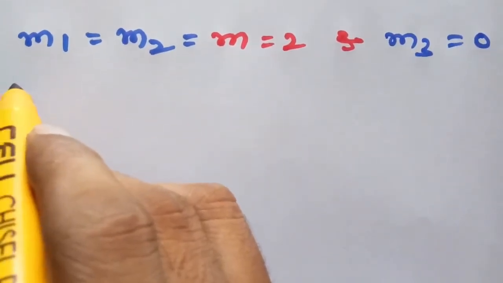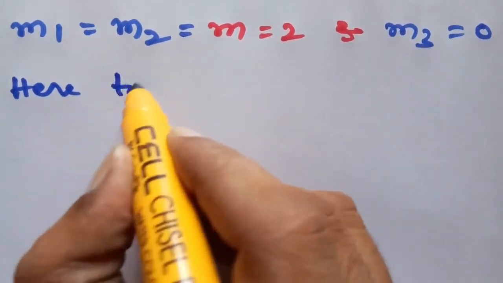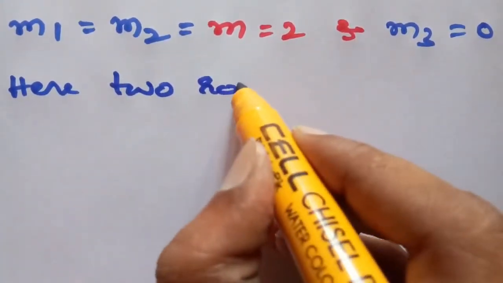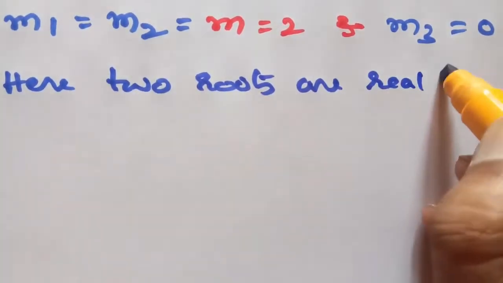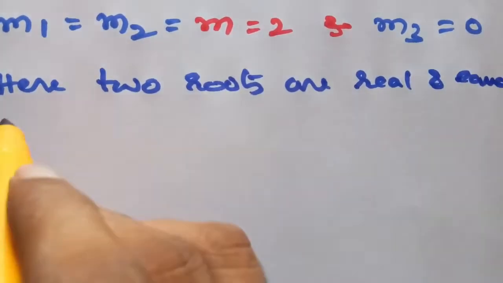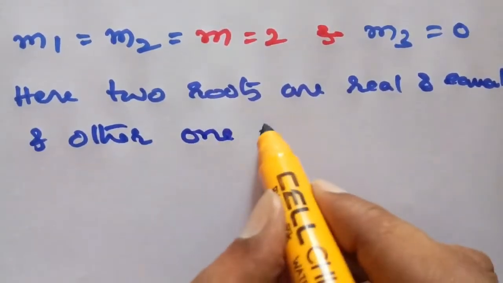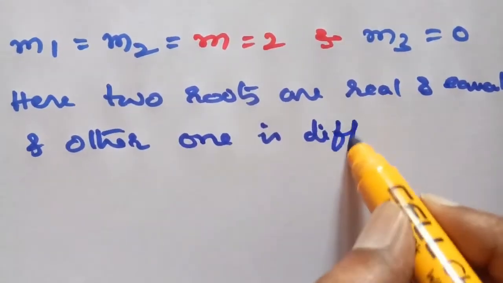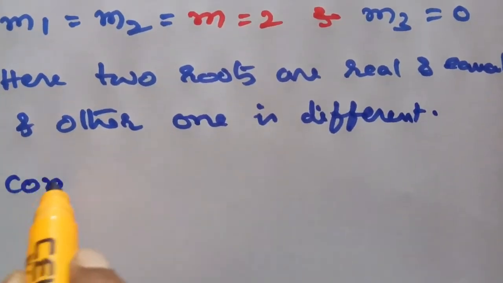Therefore, here two roots are equal, real and equal, and the other one is different. Therefore, the complete solution is